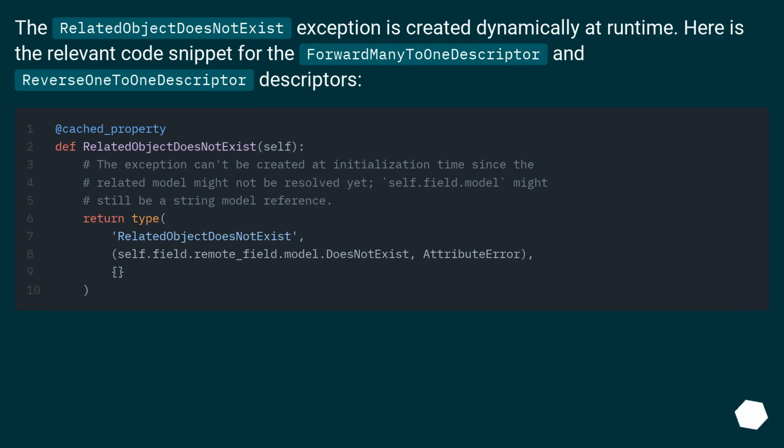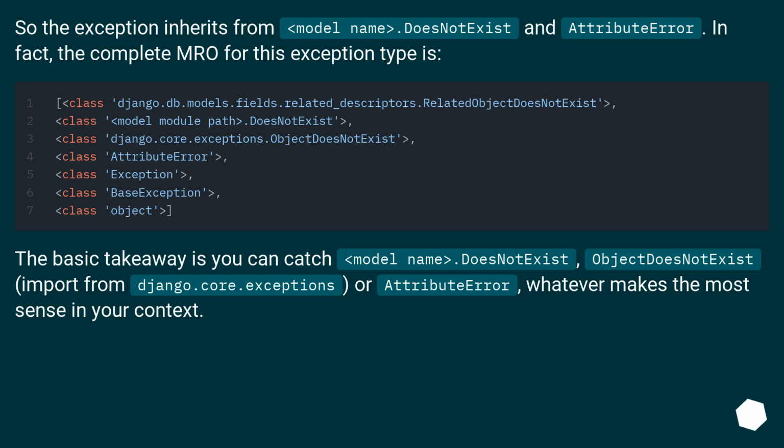The RelatedObjectDoesNotExist exception is created dynamically at runtime. Here is the relevant code snippet for the forward one-to-one descriptor and reverse one-to-one descriptors. So the exception inherits from ModelName.DoesNotExist and AttributeError. In fact, the complete MRO for this exception type is